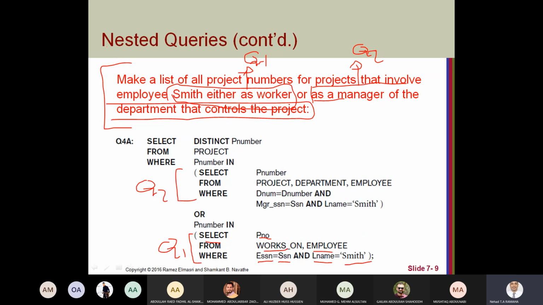So this will return the project numbers that involve the employee with last name Smith as a worker,